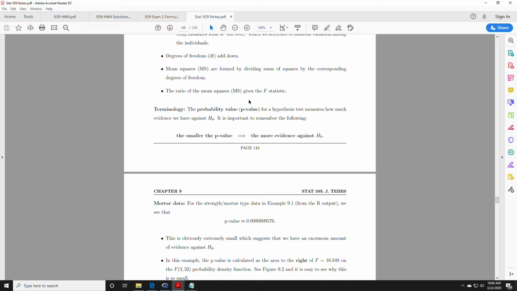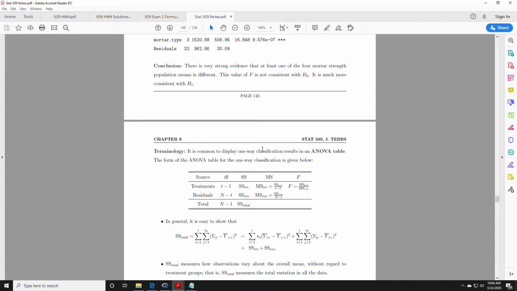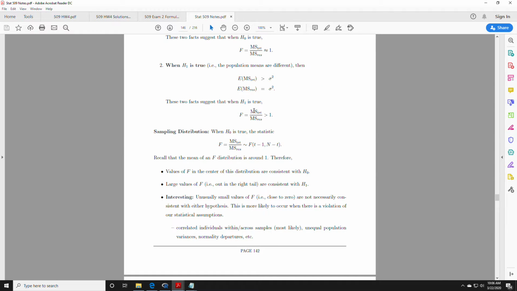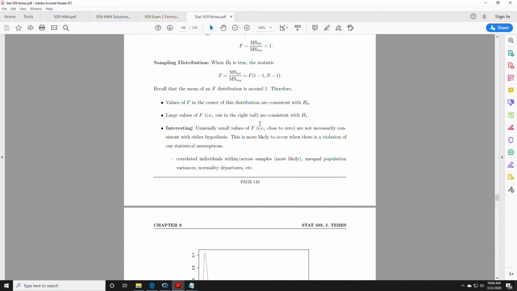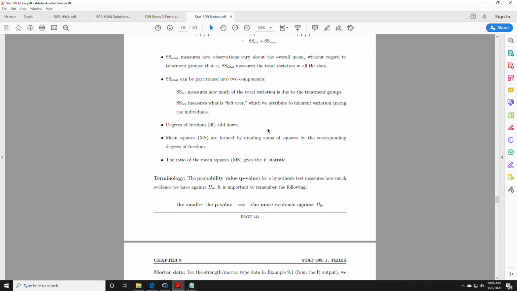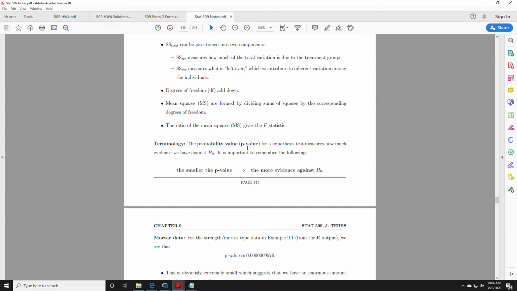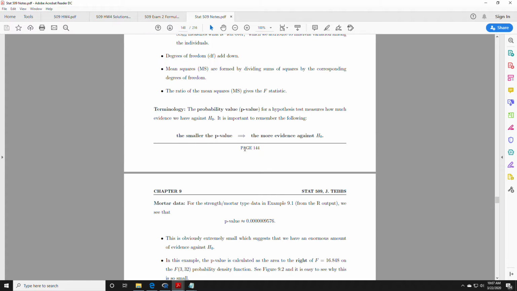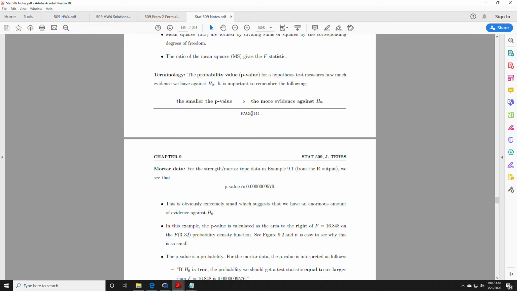Okay, but with that being said, we use that F statistic, right? The treatment mean square divided by the error mean square. This is what allows us to calculate a p-value. Okay, and so the definition of a p-value, it is the probability of